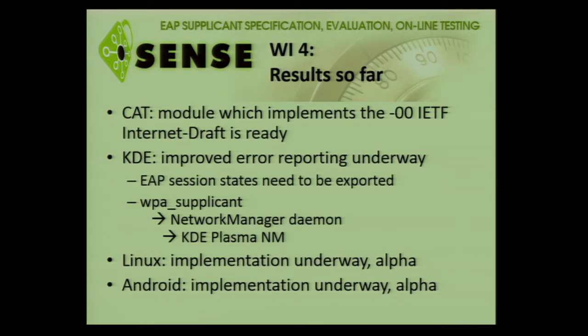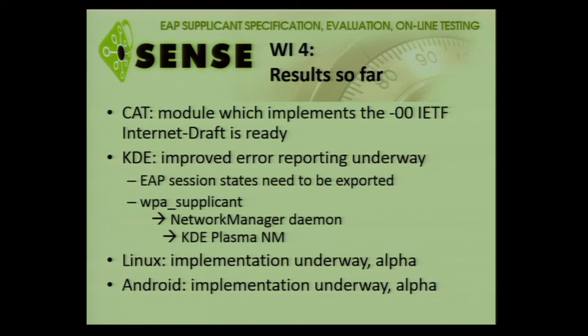For KDE, the big chunk we are chewing on is the error reporting. This is a bit of a sad story about the stacking of layers and open source projects. So we thought this is a UI issue because the supplicant has to tell the user the radius server didn't respond. So that's why we basically hired the KDE guy to do that. And then he said, right, but KDE Plasma NM can only display what it knows, and it fetches all its information from the NetworkManager daemon under Linux. And if that one doesn't export the current session state, and we don't know how far EAP has gotten, and if there was a radius reply, then we can't display anything to the user. So go talk to the NetworkManager daemon guys.